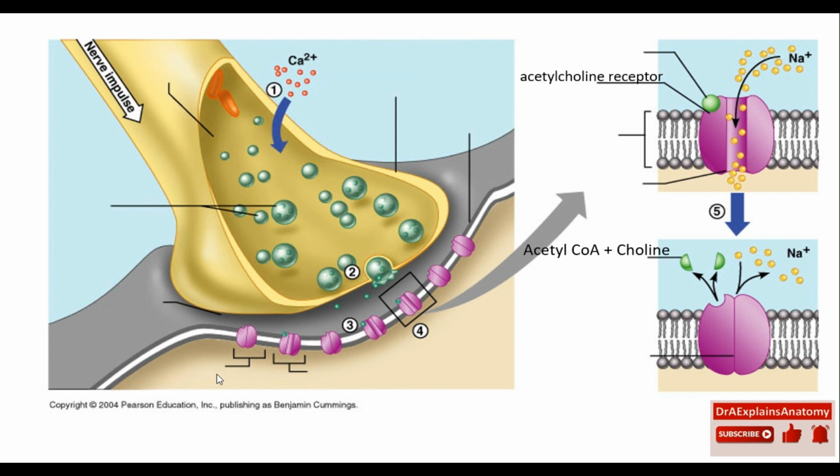An example of a neurotransmitter is acetylcholine. So this is the acetylcholine receptor. That is the cell membrane. We can see the acetylcholine binding to its receptors, and as a result, the ion channel will open. Right here, we can see how the acetylcholine is metabolized into acetyl-CoA and choline, and as a result, the ion channel closes because there is no binding of the acetylcholine.